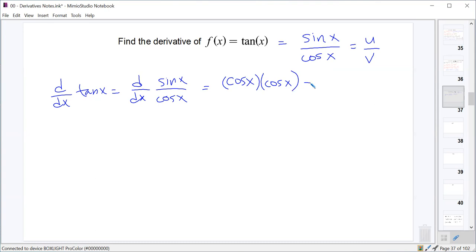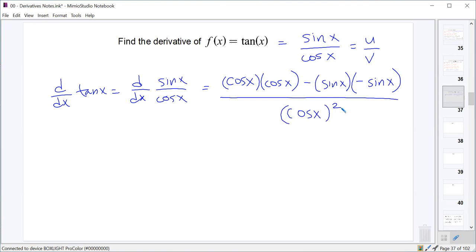And then we've got minus. So that's our v and our du. And we've got minus our u, which is going to be sine x. And then our dv is going to be the derivative of cosine x, which we now know is negative sine x. And we're going to put that all over the denominator, v squared, cosine x